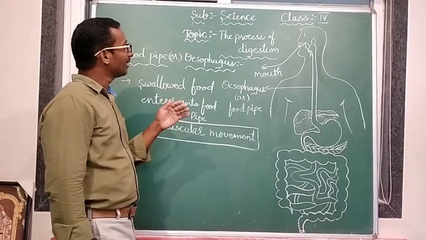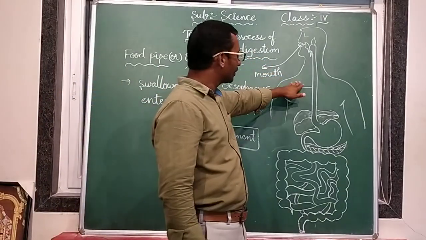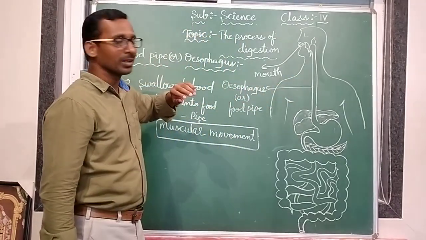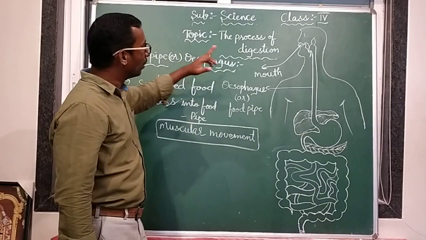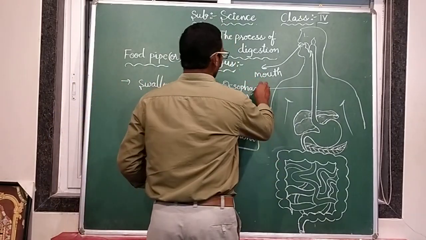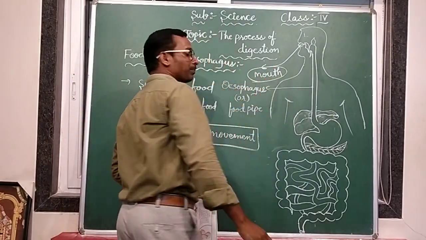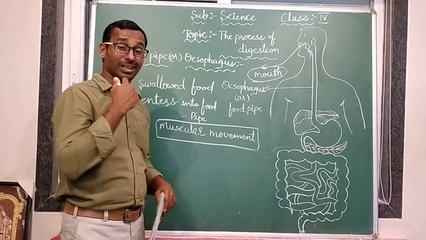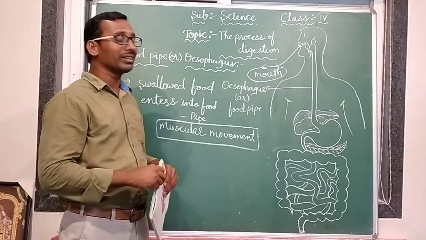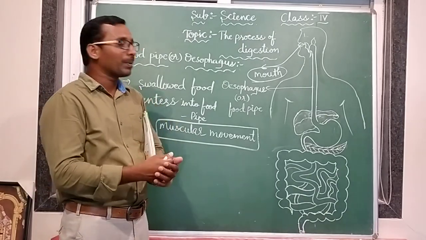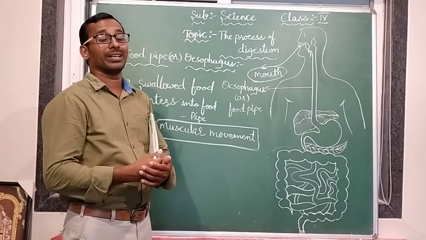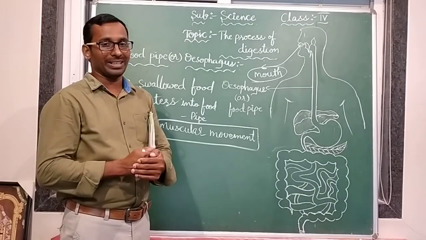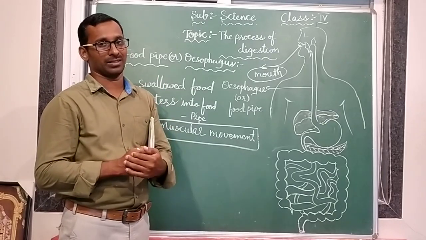Okay. See, this is the human digestive system. It starts, or begins, with the mouth. Already we discussed the mouth. So in our mouth, what is there? First of all, we are seeing teeth. There are 32 teeth in adults and 20 teeth in kids. With the help of teeth, what are we doing? We are cutting, biting, chewing, and grinding the food items. We are making the food items into small pieces.